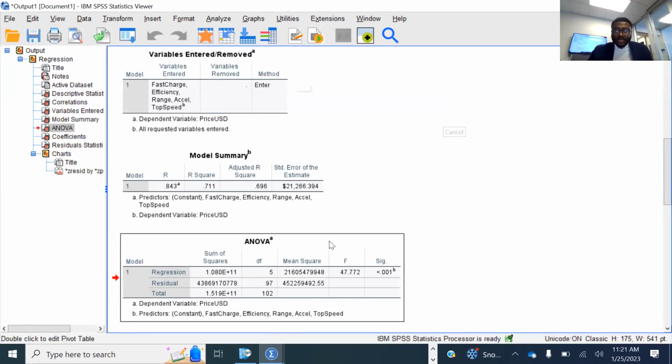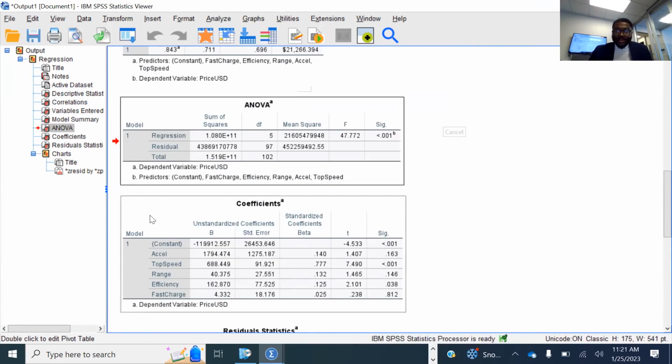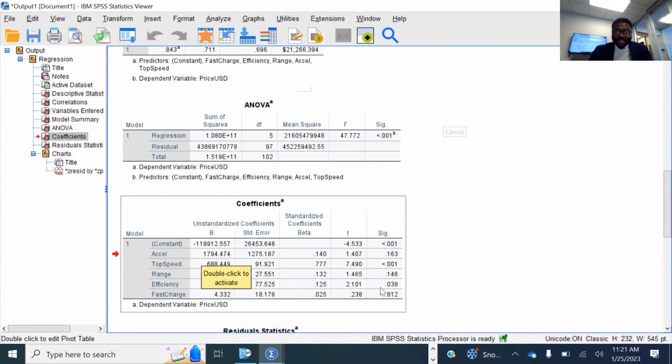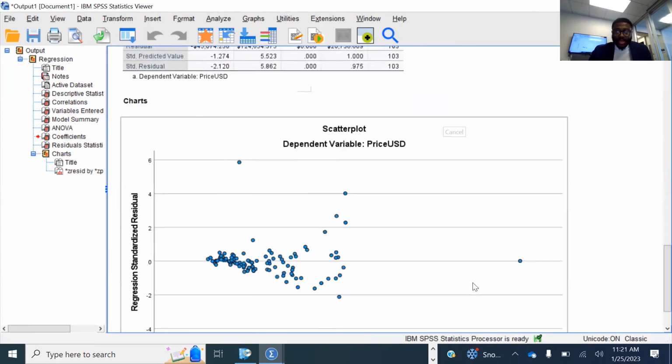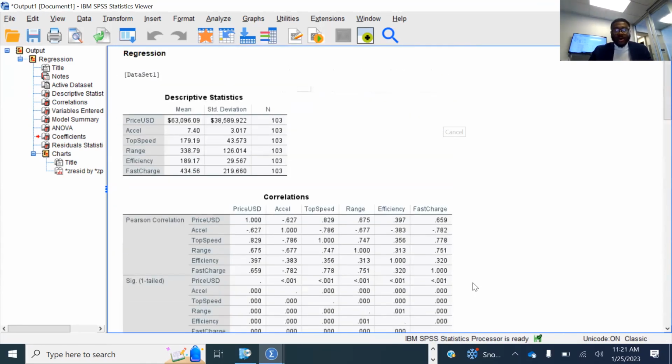And then we have this ANOVA table. The ANOVA table will tell us the overall significance of the model. And then we have our coefficients, which show the coefficients for each of the betas that are used in the analysis. The good thing about SPSS is that once you generate your outputs, you can save the file